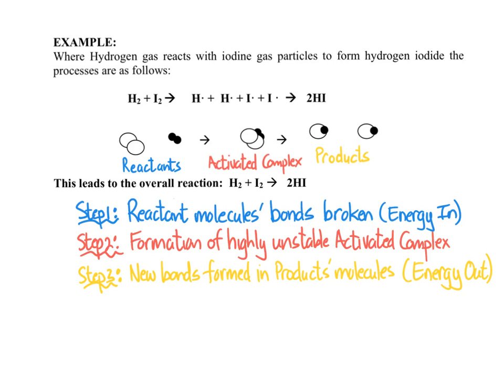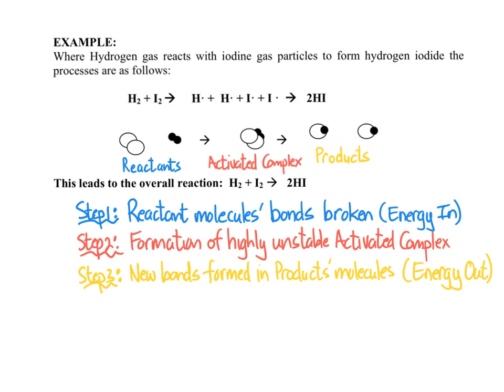So for instance, this would be the hydrogen molecule, this would be an iodine molecule. There would obviously be millions and millions of these different molecules colliding with each other. But for the sake of simplicity, we only represent one molecule of iodine and one molecule of hydrogen colliding with each other and forming an activated complex in order then to produce two molecules of the product, which would be